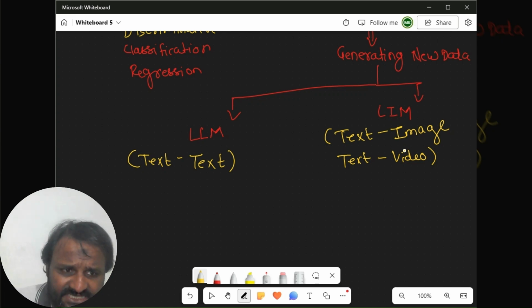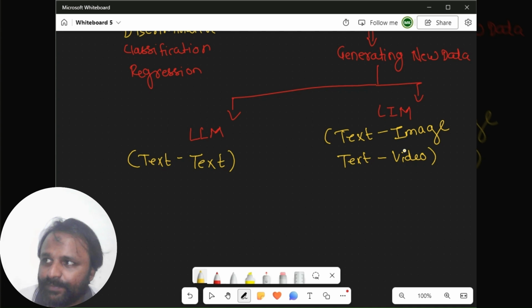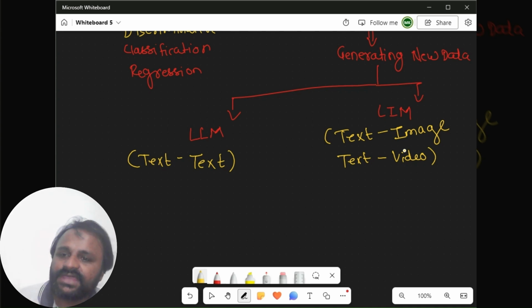So what Gen AI is basically doing is that we have models that are already trained on a huge amount of data, and the task of the models is, based on any input, to generate new data itself. Like you ask what the climate is today, and it is capable of providing that in text.